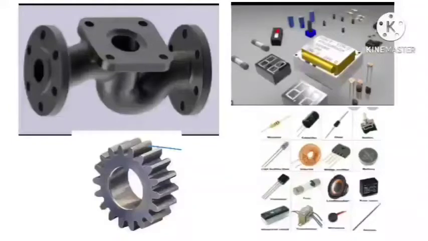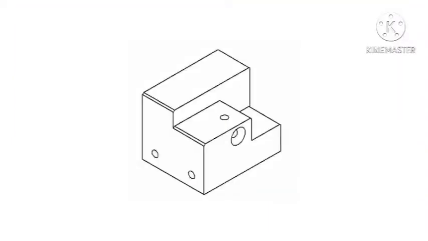So if you represent a 3D object in a drawing sheet, then that particular object is called a pictorial drawing. Pictorial drawing is easy to understand and also easy to communicate. But the problem with the pictorial drawing is it does not show the true shape of the solids. So therefore the pictorial drawing cannot be used effectively in the manufacturing environment or in the design environment, because